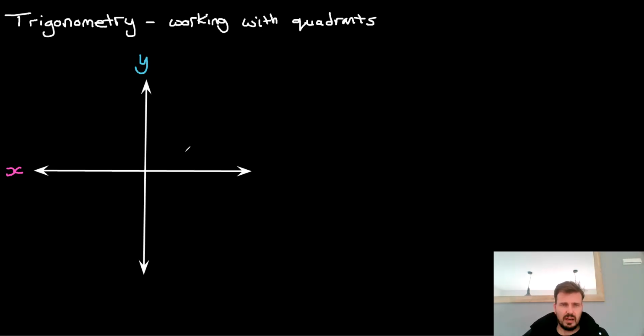Okay, so when you're working with quadrants, the first thing to start off is in the first quadrant. It goes in this direction, anti-clockwise, and this starts at 0. So if we were to draw our first little triangle in the first quadrant,